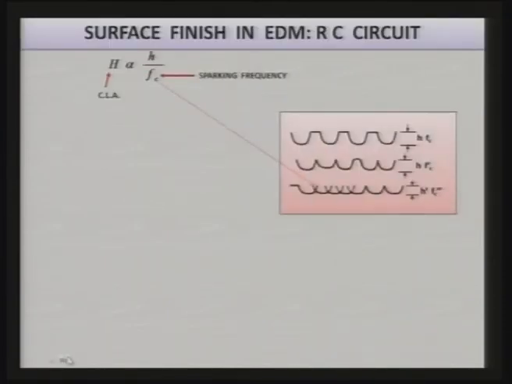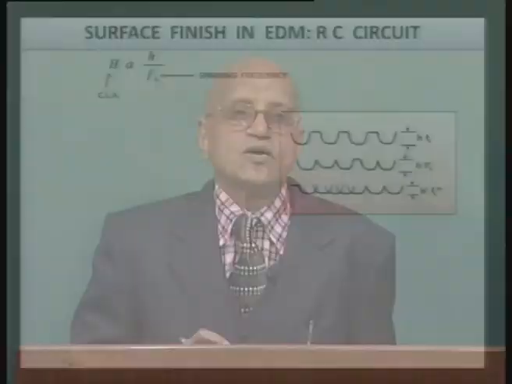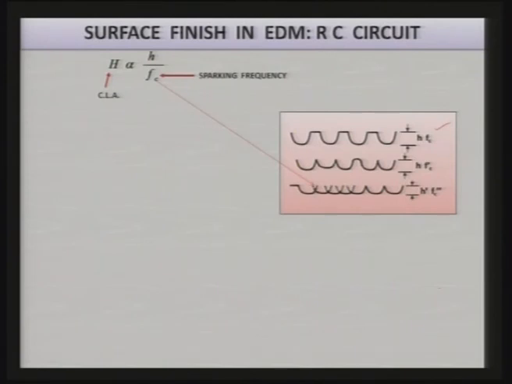Now, suppose you are given the details of the RC circuit as we have seen in the earlier slides. Can we evaluate the surface roughness that you are going to get with that particular EDM process and that RC pulse generator? Before that, let us see the kind of crater you are going to create given certain machining conditions. You can clearly see this is the crater and here no spark has taken place, so you get unmachined area.